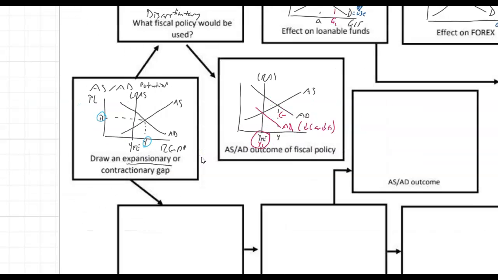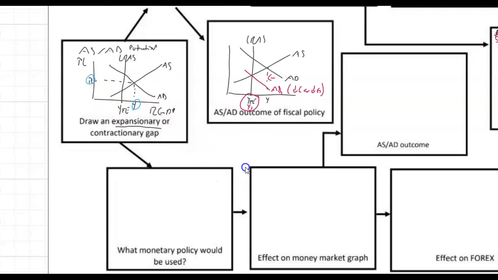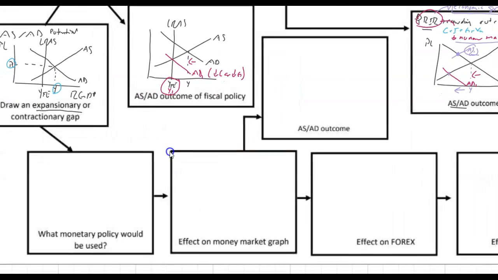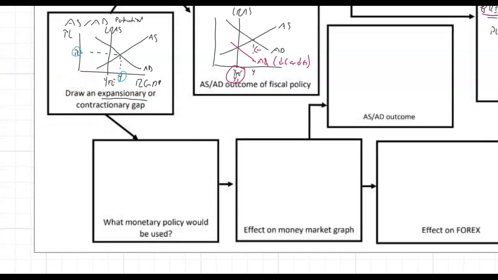So we start with drawing an expansionary contractionary gap, and in part 1 we did an expansionary gap. We talked about that. So now what we're doing is the monetary policies and seeing how that's going to go. And depending on time, we'll go over the next little section. All right, here we go. So based off of the expansionary model, again, we're trying to correct for this. We're going to do a contractionary